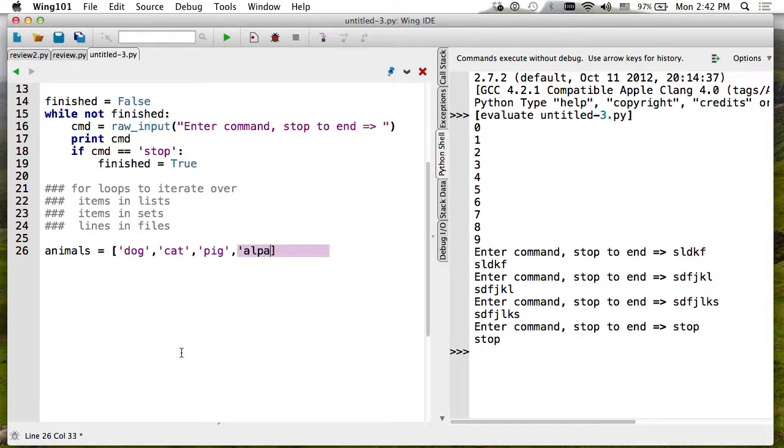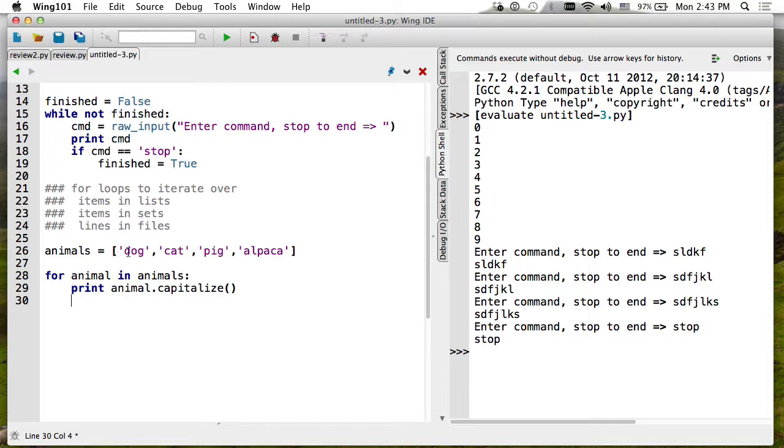I'm going to put alpaca, because I saw some cute alpaca pictures this weekend. All right, so if you say for animal in animals, basically it will take every single item from that list, copy it to animal, and then print the value